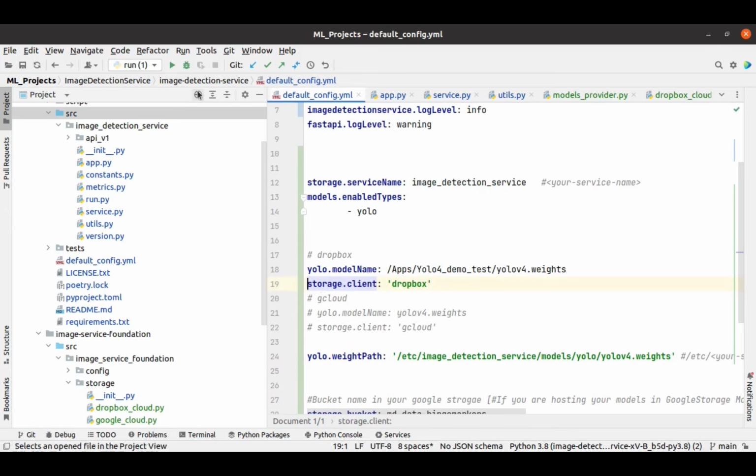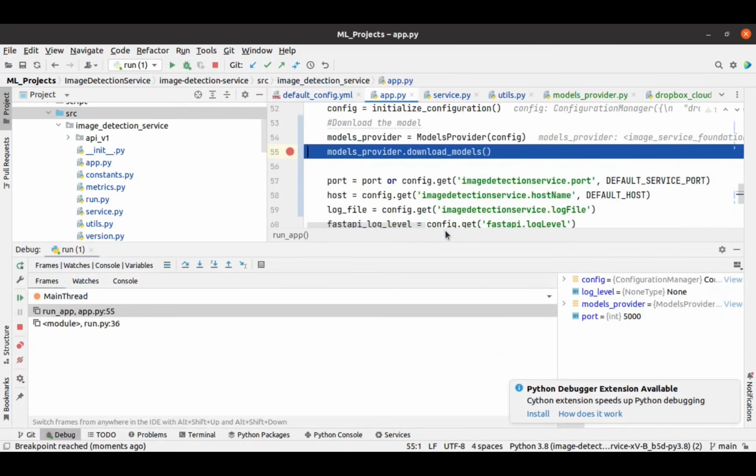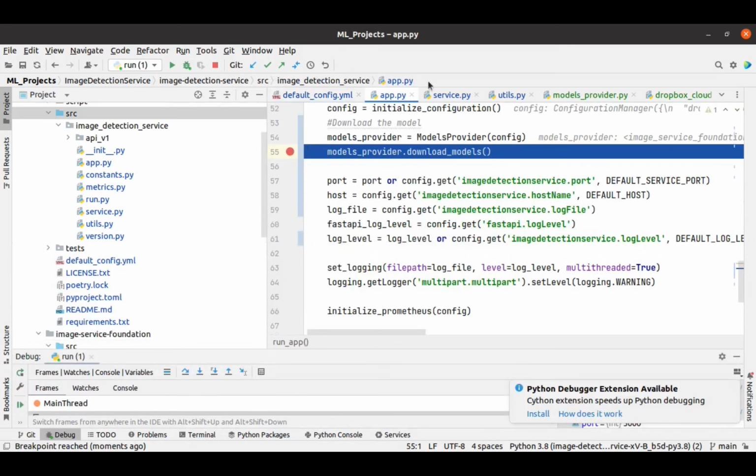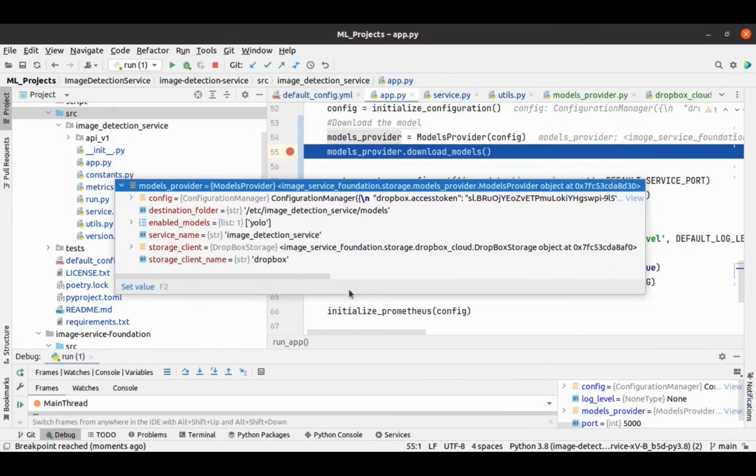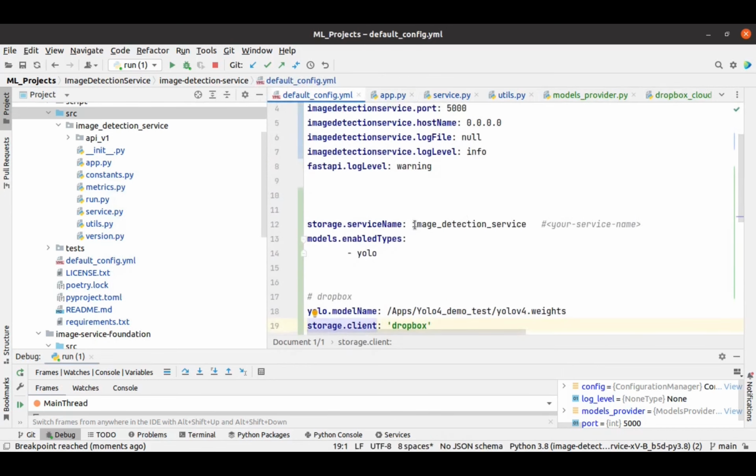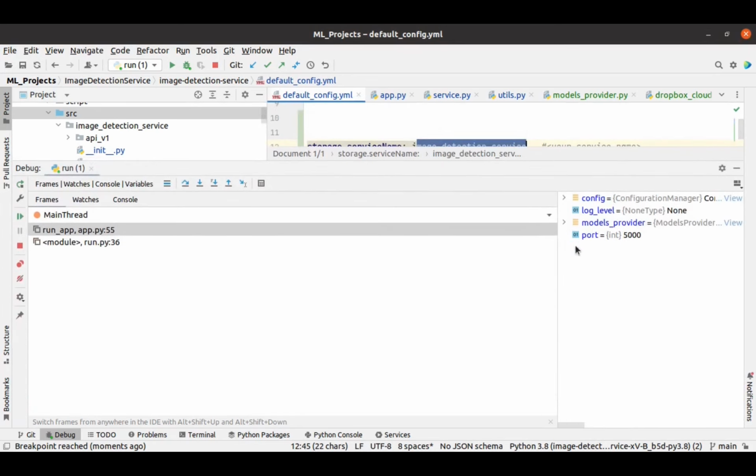And then yeah, let's just run the debug, and what you see is now we have a model provider object that has a configuration, that has a destination folder, that reads your project name, and based on that in the etc directory it creates that. It creates that config value,